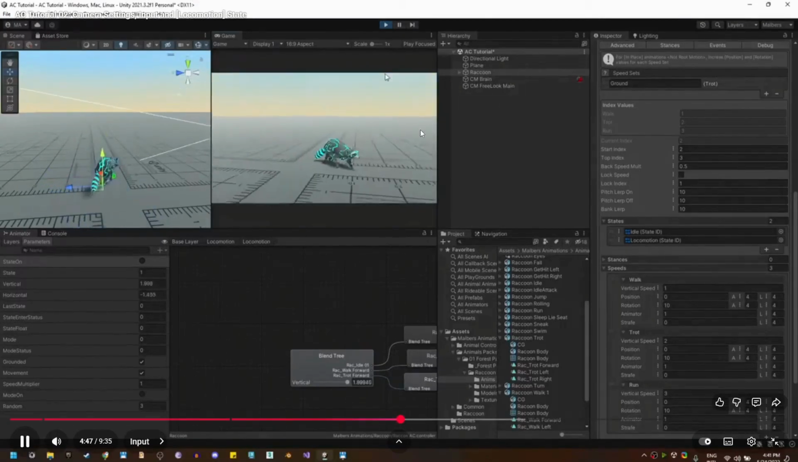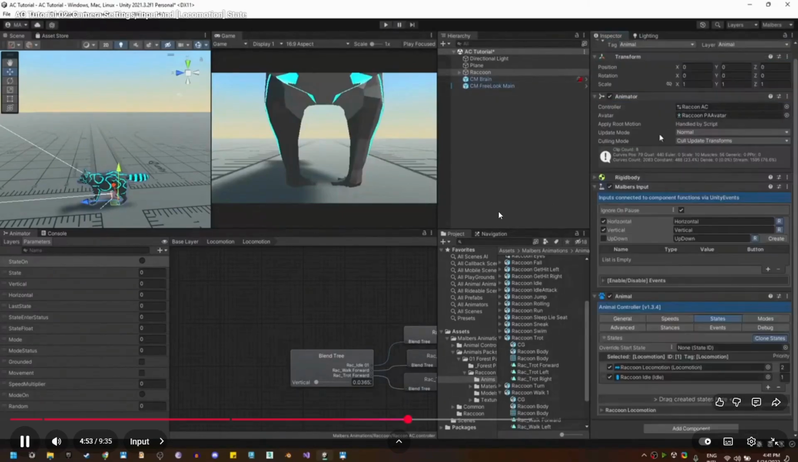Also, if my animations are not root motions, I also have a solution for that. Let me go quickly to the locomotion